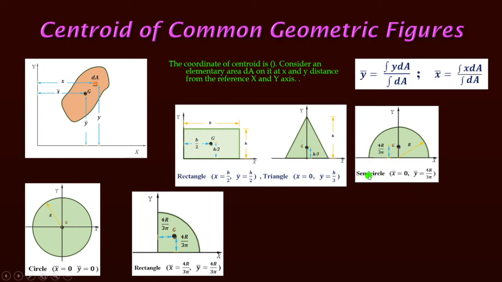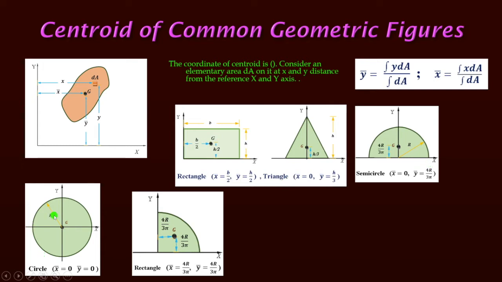Okay. Now it is a semicircle. In case of a semicircle, if the axis is along this, the position of the centroid is here, means on the y axis. So x bar is 0, and the x axis is along the diameter. So from here, this distance is 4r by 3 pi. All these values can be calculated using this formula, which we are not discussing here. Using this formula, if we integrate considering the elementary area, we can get these values.